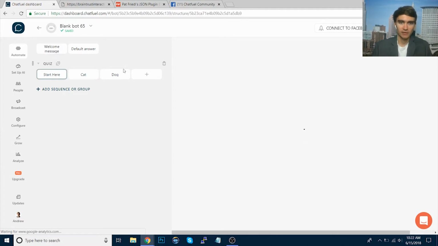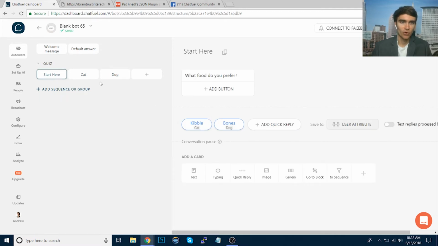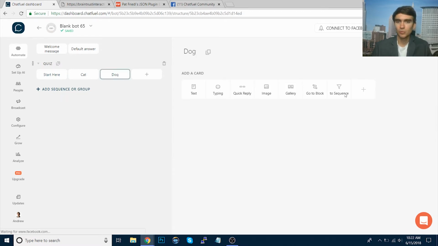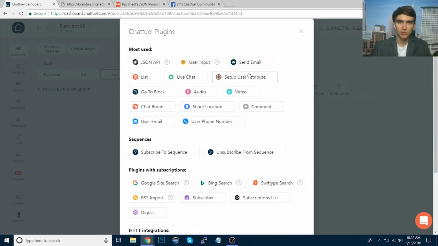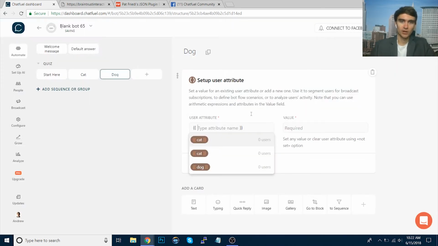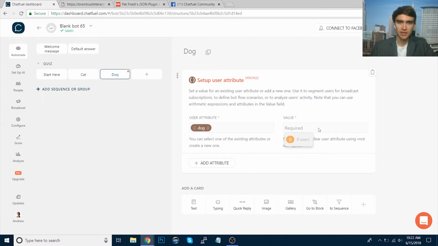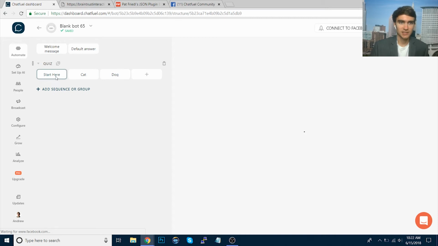So now that we have that, we're going to do the same thing for the dog block here. And let's add a setup user attribute. And we're going to call this dog, obviously, and we're going to do the same thing. So dog, which in this case is the first question, dog is going to be set to 0, so we're going to add 1 to their dog score if they answer according to the dog category. So now that we have that set up,